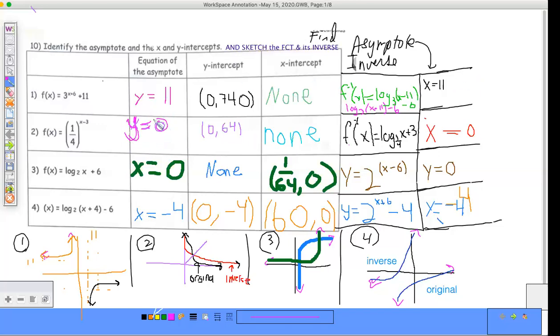The same old thing over here, if y equals 0, we'll check it out, x is equal to 0. And then here we have x equals 0, y equals 0, and so forth. So if we have x equals -4, then we get y is equal to -4 over here. Now, something that I want to allude you guys to is that if you look at this, before we do